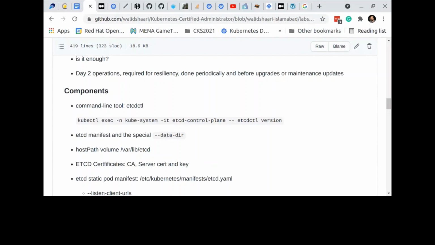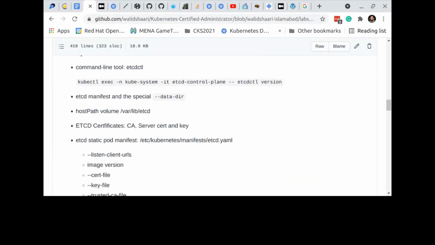Okay, now, what are the components that are really important? We are talking about etcd. So etcd, we know it's the component that is sensitive to performance. So usually when you run it, you have to have SSD disks or NVMe disks, and there is a certain latency. But for the exam, for us and for our daily operation, what do we need to know? We need to know etcdctl, and as I said, every time you have a tool, learn its options. Especially this time, what kind of option we are interested in.